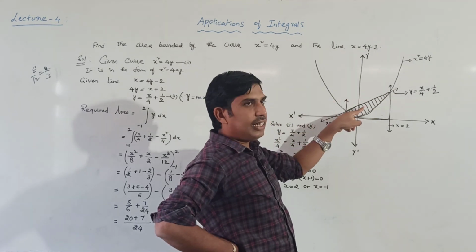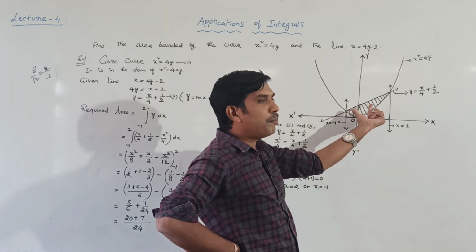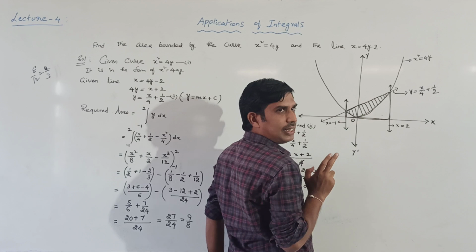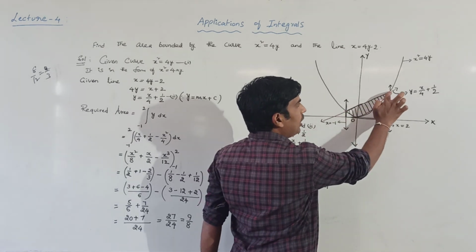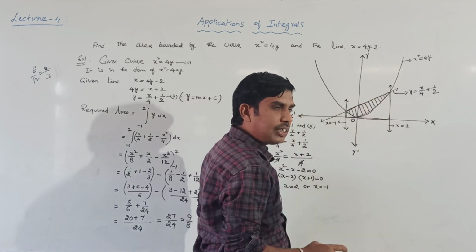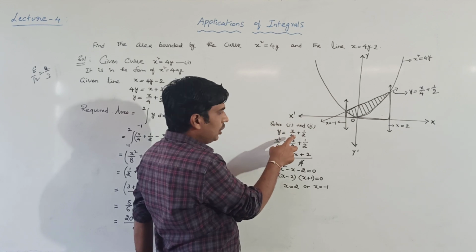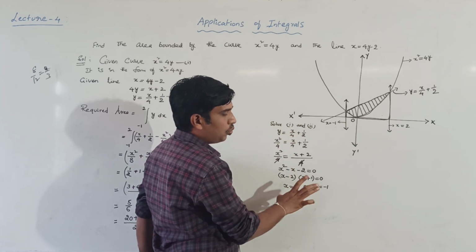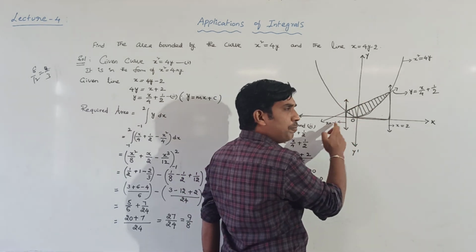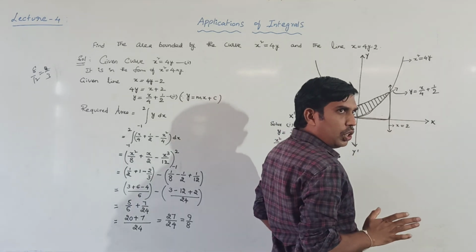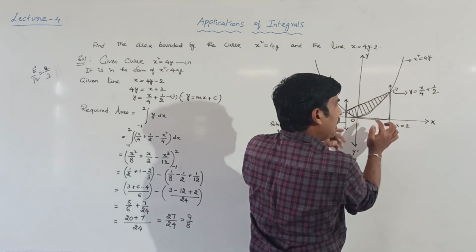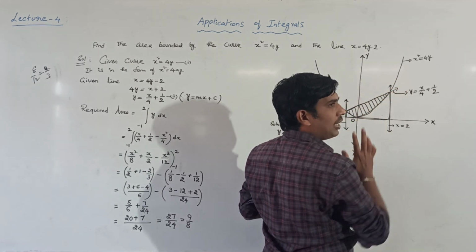So this curve and line intersect, so this is the area between the two curves we have to find out. First of all, where the two curves intersect we have to know. So at this point and at this point the two curves intersect. How to find those two points? Nothing but by solving the two equations, we get either x is equal to 2 or x is equal to minus 1. So this is the line x is equal to minus 1, this is the line x is equal to 2. Therefore, between these two limits, with the x-axis, the area is bounded between the curves.